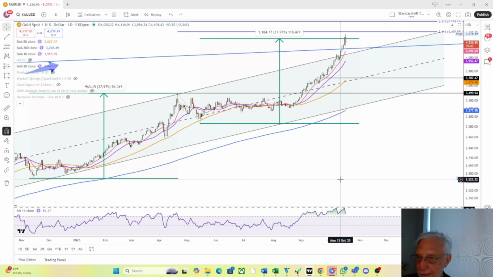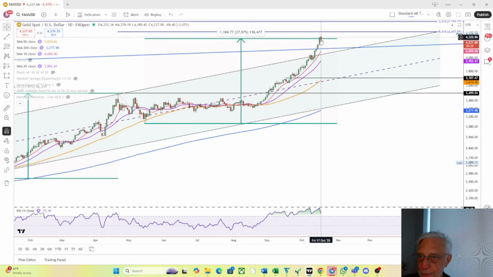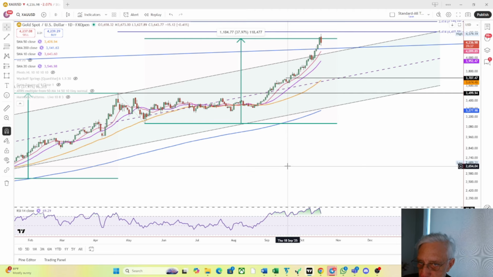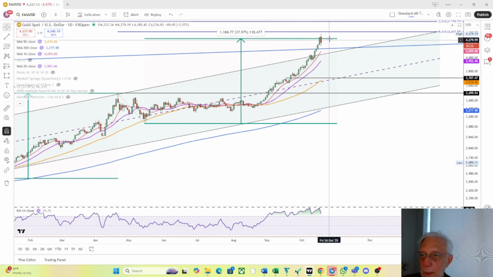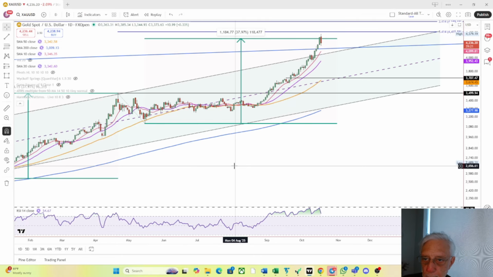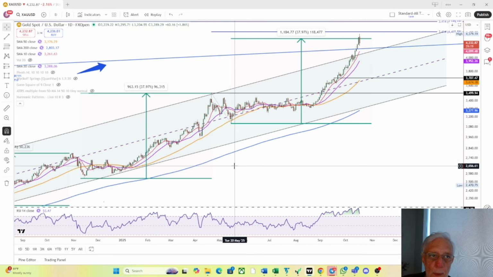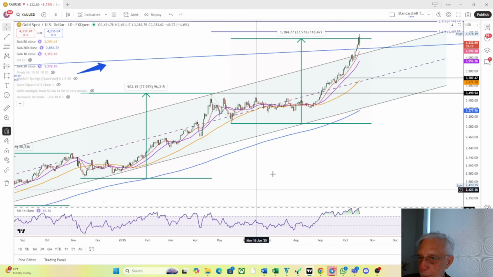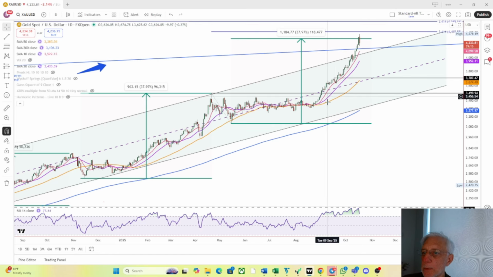Okay, one last thing is that any type of rallies are likely to see resistance inside this bearish candle. So keep that in mind if you're looking for exits or looking for entries or looking for shorts. The place to look is on the bounce inside this candle, if that happens, on an intraday reversal, if that happens as well. So the long-term bull trend remains intact, but in the short term, it looks like a correction